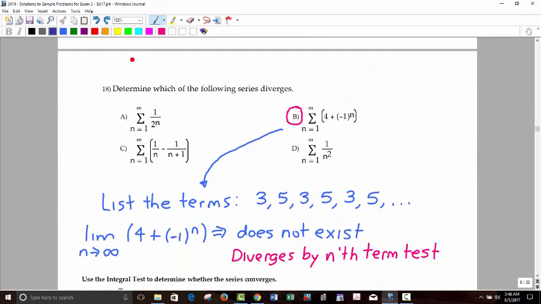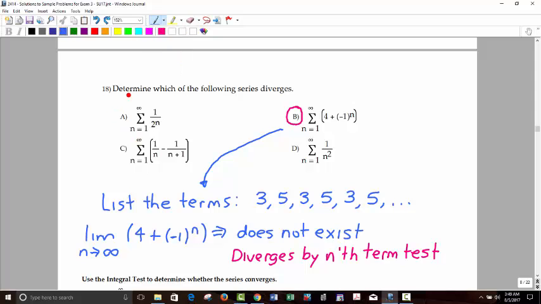Which of the following series diverges? A will converge, geometric. C is a telescoping series. It'll converge. 1 over n squared is a converging p-series. So actually you could figure it out that way. If you're confident in what the other ones do, then you would know. But then if you wanted to sort of formalize it out like I did there, you can do this. But this would clearly